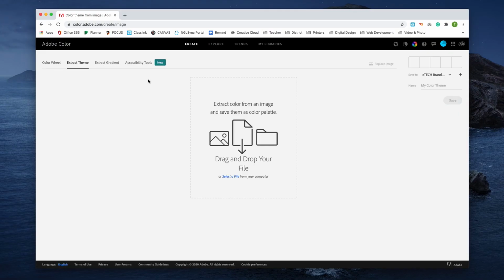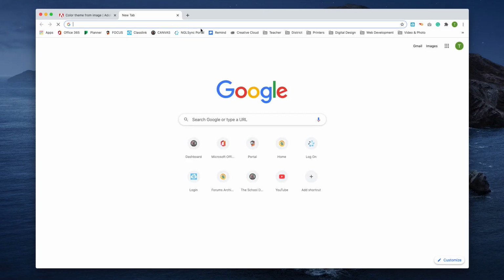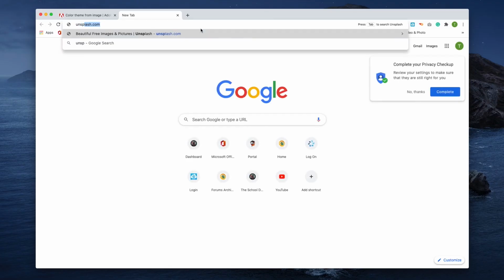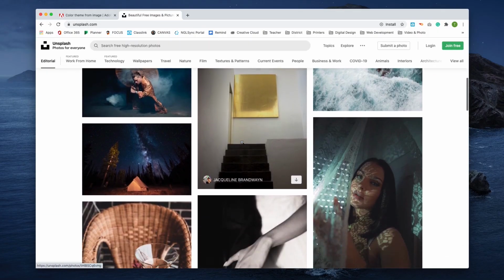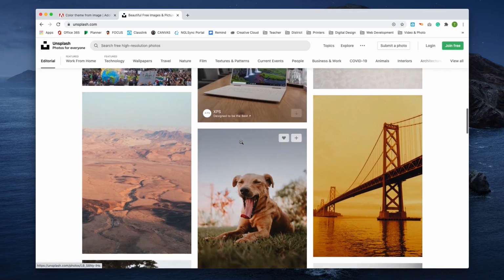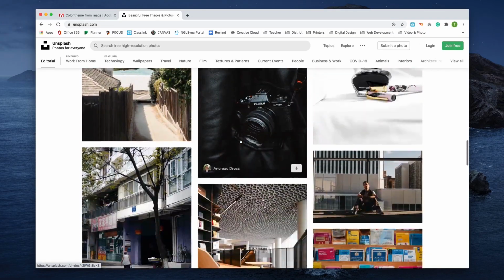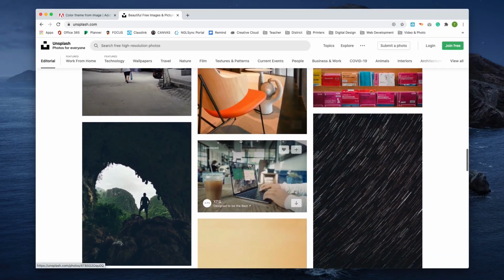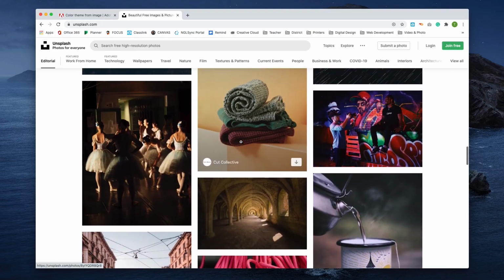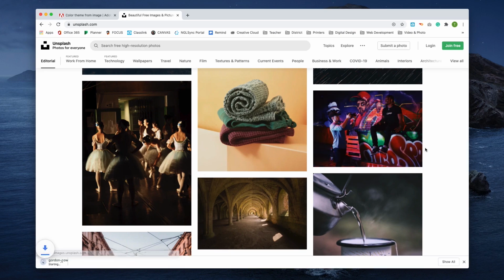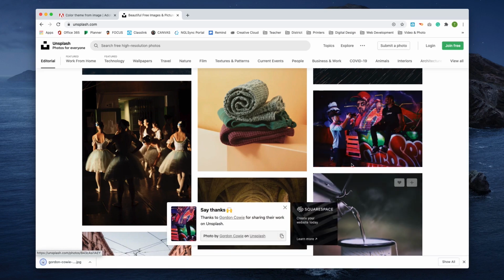We can also extract themes. So it's one thing to start on the color wheel. Another interesting place to start making colors is to start from a picture. So if we go to Unsplash, and let's just see if there's a picture here that we really like the colors of. All right, so let's just say I really like the colors that are in this picture here. So if I go ahead and I download that picture,